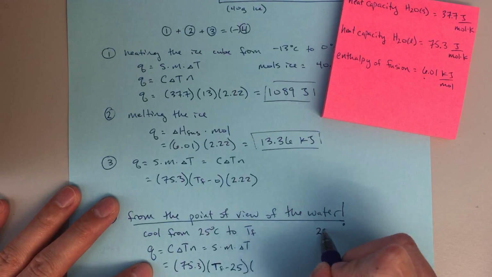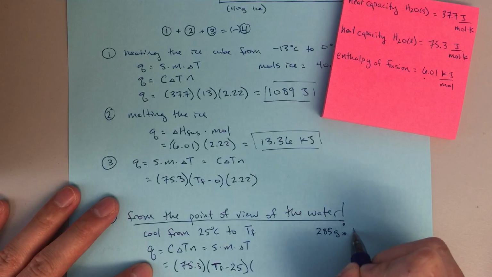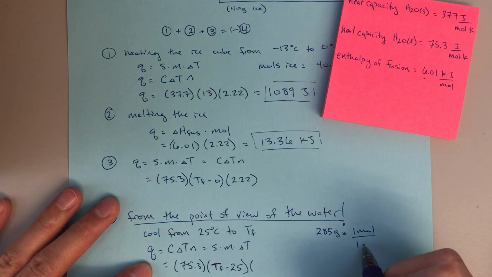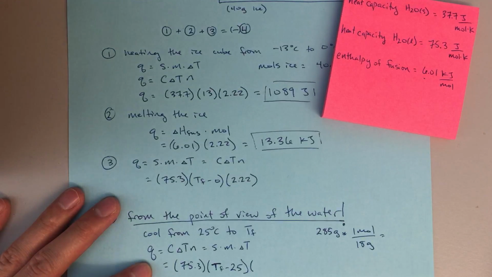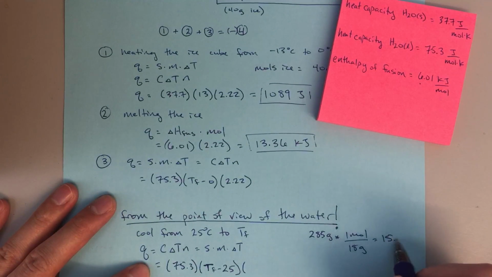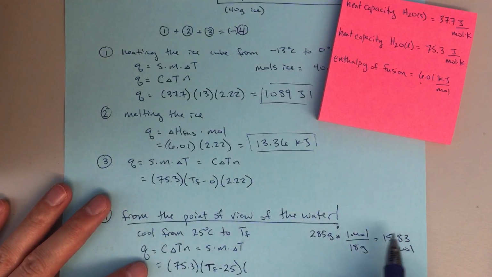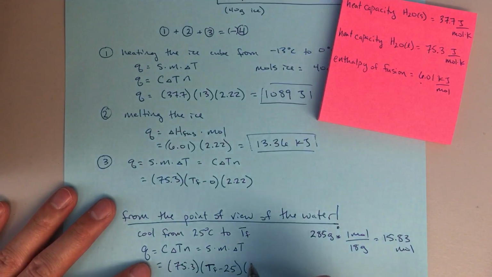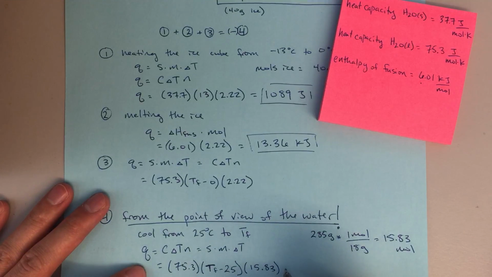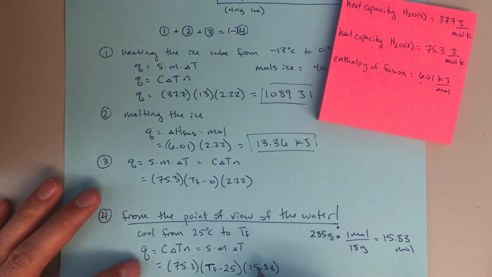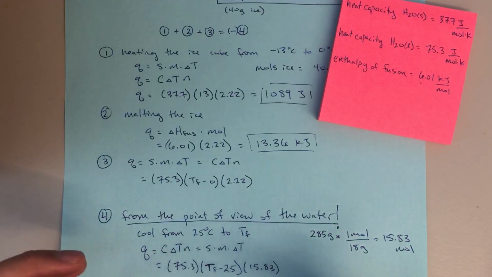I've got 285 grams of water, which is 15.83 moles. Right, so I have to make sure that I'm paying attention to which point of view I'm looking at. So 15.83 moles. And again, this calculation here is going to be how much energy the water loses